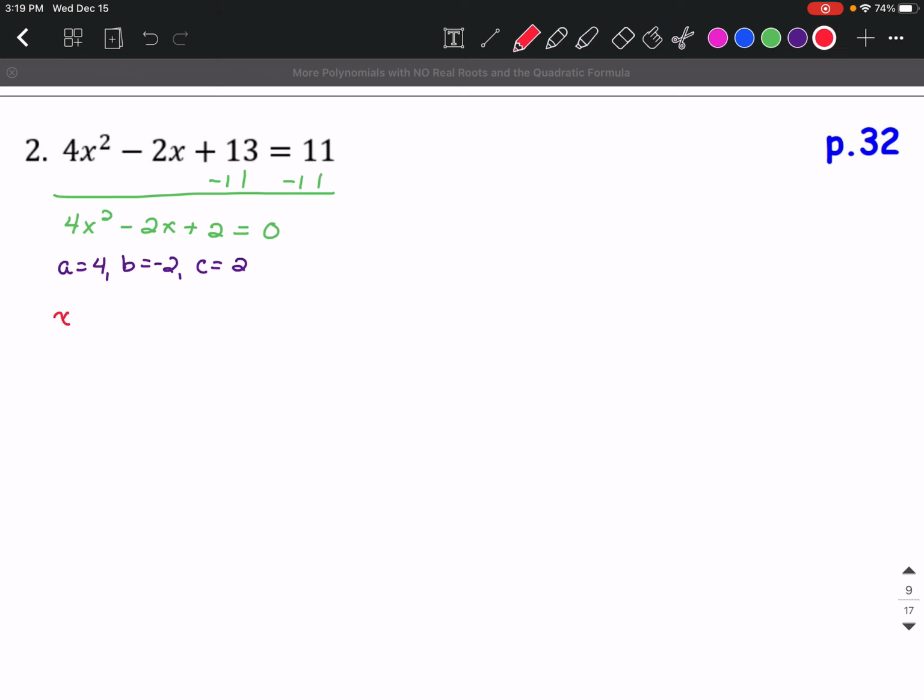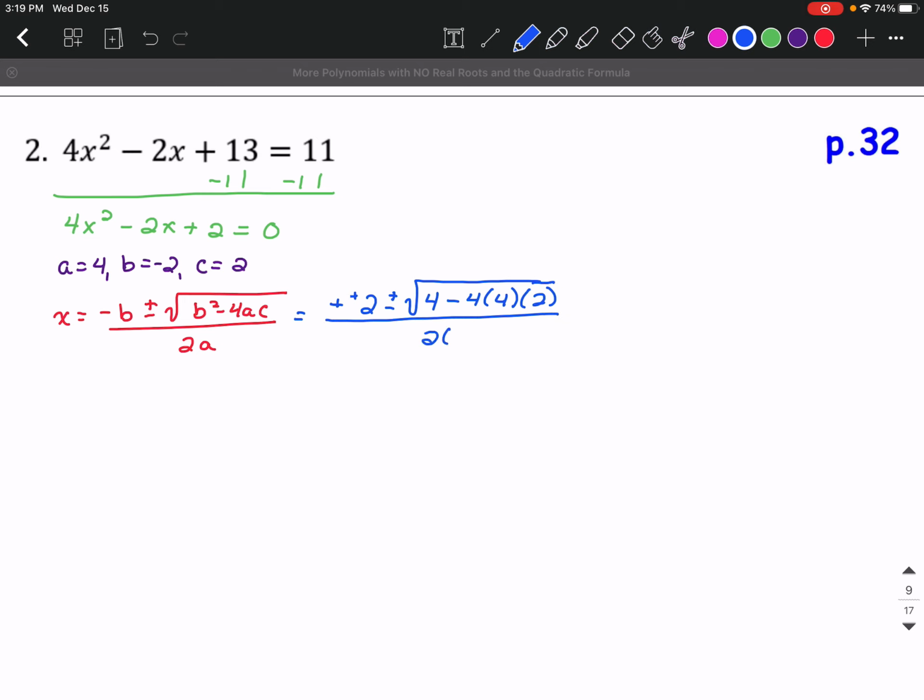And we know x equals negative b plus or minus square root b squared minus 4ac all over 2a. Now we substitute negative, and b is negative 2, so that becomes plus a positive 2. Plus or minus the square root of b squared would be negative 2 squared, so negative 2 times negative 2 is a positive 4. Minus 4 times a is 4 times c is 2 all over 2 times a is